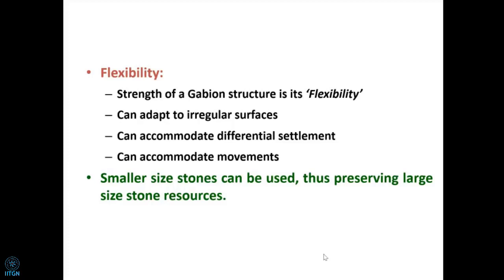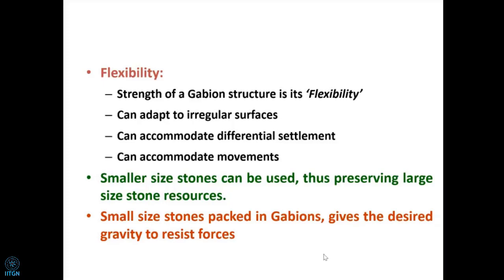And the porosity is a huge advantage. For energy dissipation, you require surface area. Because of the void, the surface area available in a 1 by 1 by 1 gabion box with 40% void is much higher than in a very big stone of 1 cubic meter, which will have a much lesser surface area because it is not porous. Only the outer perimeter surface area is available. You have to understand that. So that is how the gabion stands much better than the conventional tetrapod or other material. Okay?